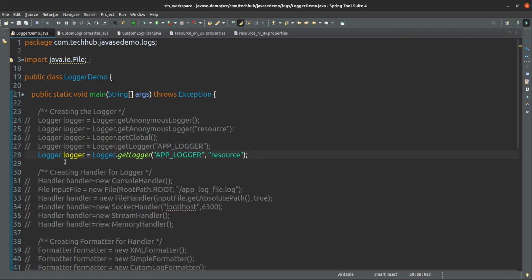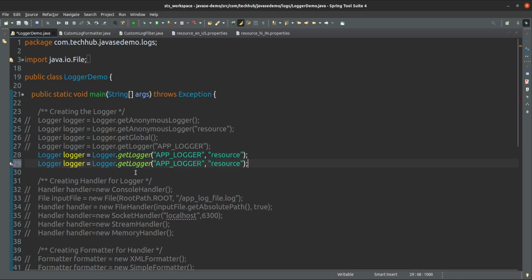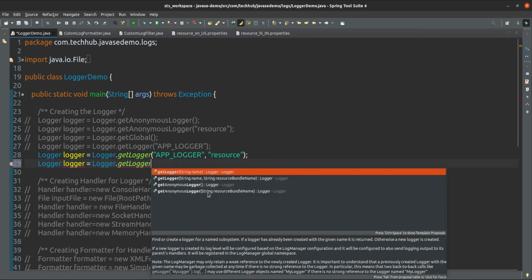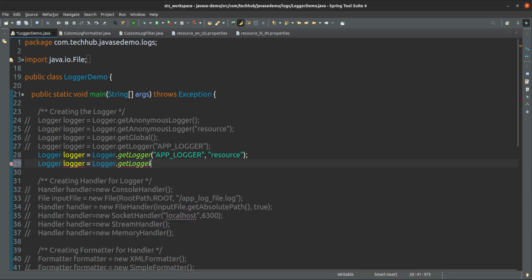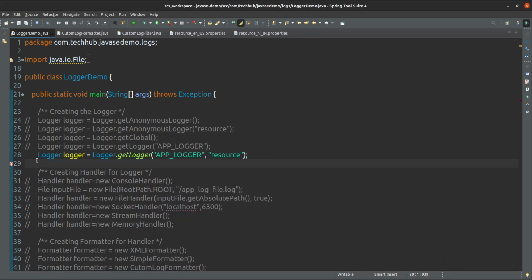And one more thing, we can give getLogger with the resource bundle name. The resource bundle it will take from your system. The resource bundle needs a locale also, so by default it will take your system locale, whatever locale you have selected.